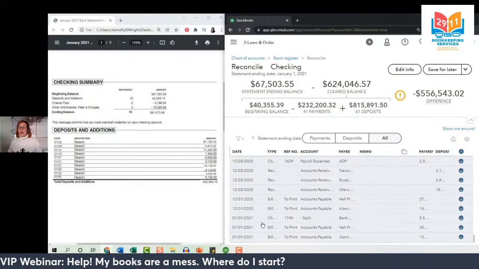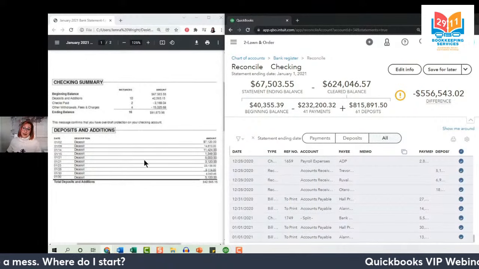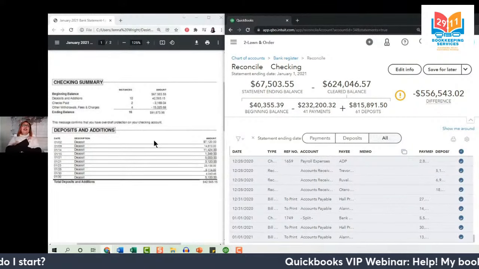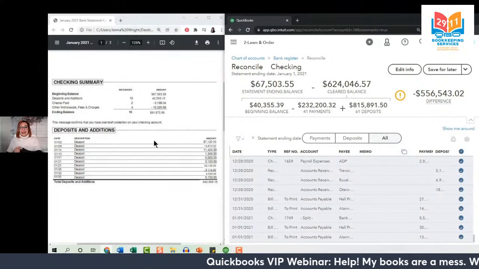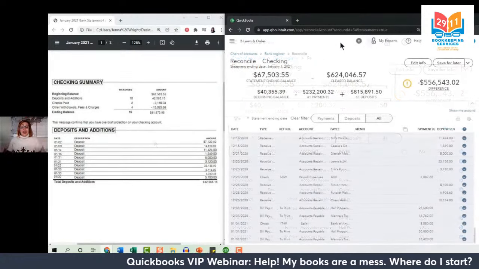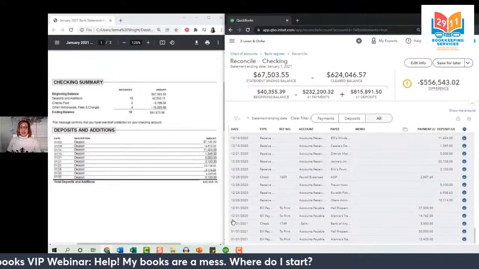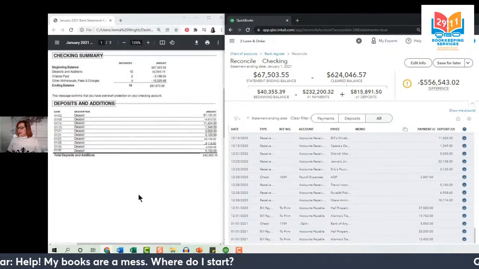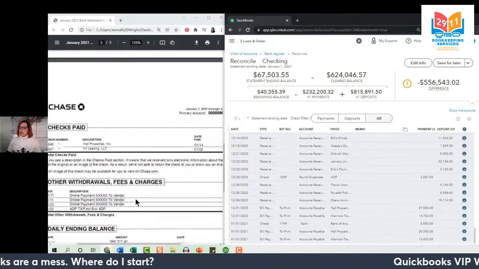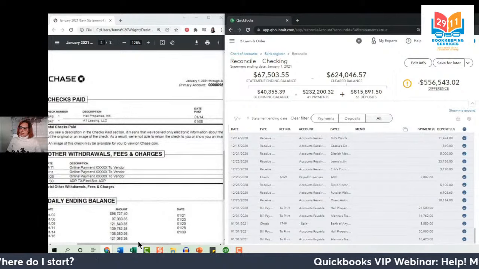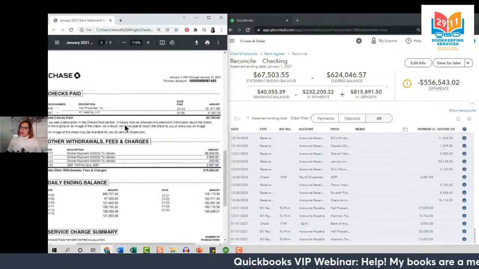But here's the problem. If we were to accidentally reconcile a transaction that appears on this statement, then we're going to throw all future reconciliations off, and that's a bad thing. I zoomed out a little bit so we could check to make sure all these January 1st transactions don't appear on the statement. So they all are payments. Let's scroll down to that here. We've got some checks, and I'm going to zoom out even more.